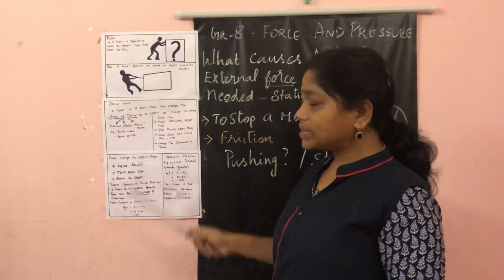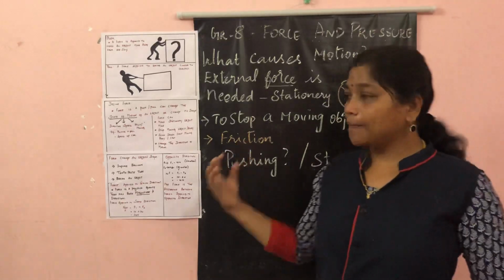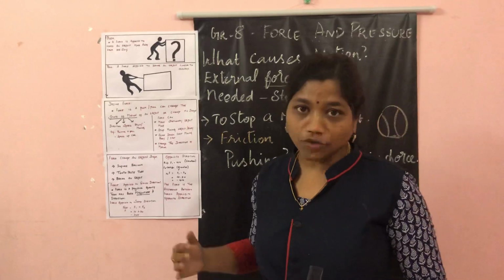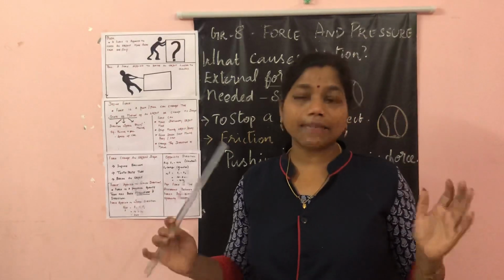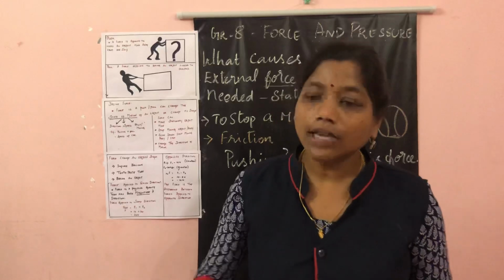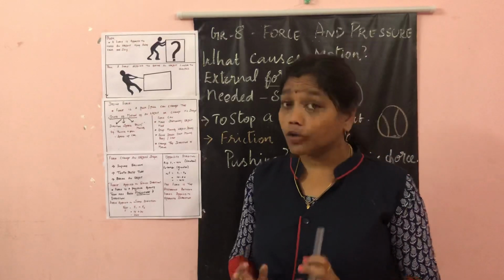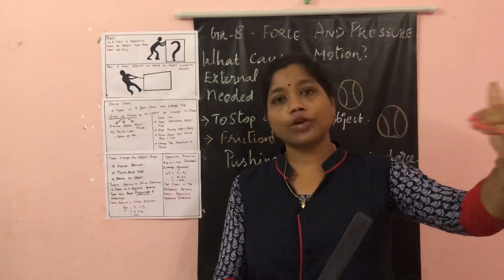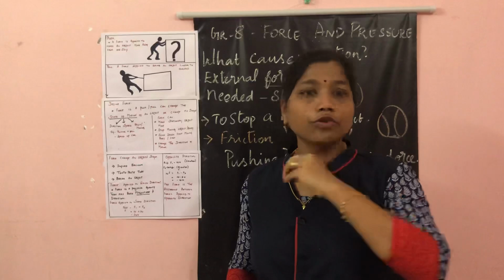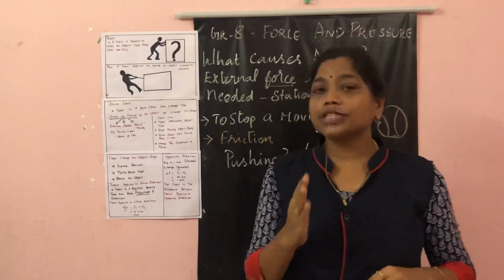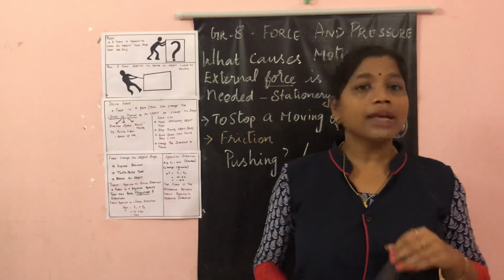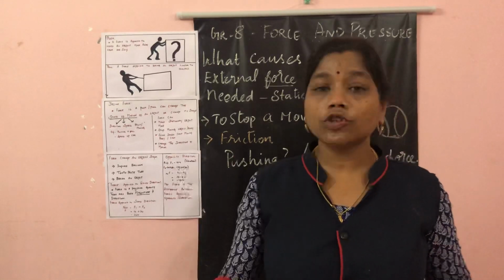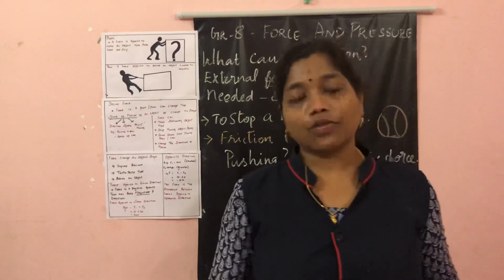So the state of an object can change. For example, I am going to hit a ball. So I am making a stationary object move. Just imagine you are going to play football. The ball is placed in the center. What will you do? You will kick the ball in your direction, right, where you want to put a goal. That is your aim, to push the ball. So in whatever direction you need, you will hit the ball. Here we are hitting the ball in the direction which we need. So we are applying a force on the ball to change its direction.